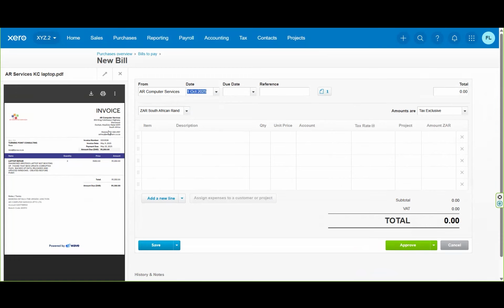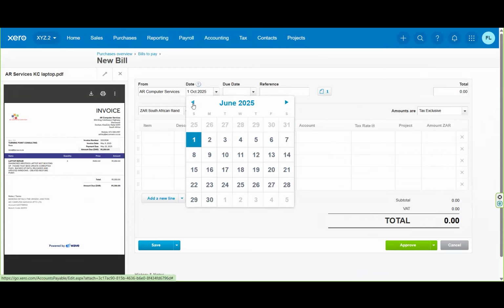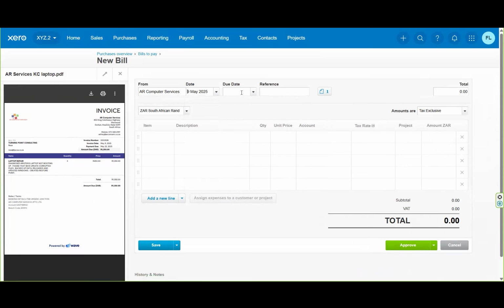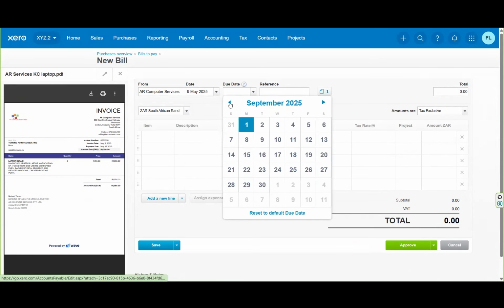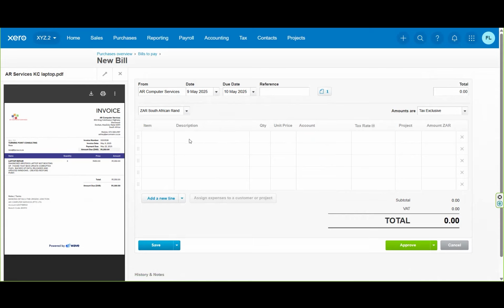What is the date of the invoice? In this case, it was the 9th of May, 2025. So I'm just going to put that there. When is it due? Their due date is also the same date. And then I want to put into the description, right? So I'm just going to put laptop repairs